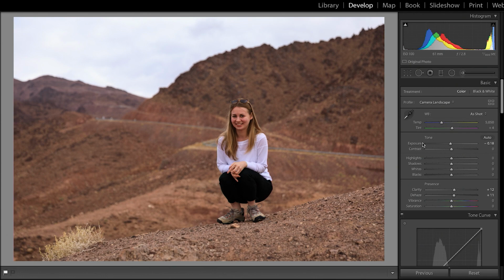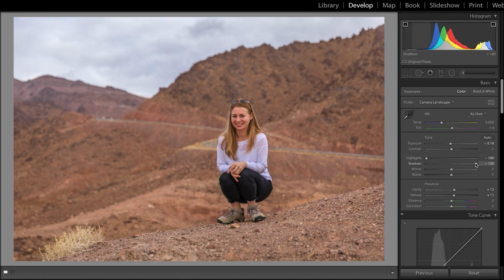The exposure is pretty much set. We'll change the contrast, highlights, shadows, whites and blacks. Before we do that, we need to turn on these clipping warnings up in the histogram, and then I can start making adjustments. So my personal style, the way I like to process and the way I recommend you process